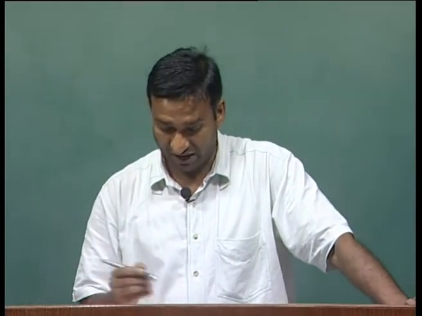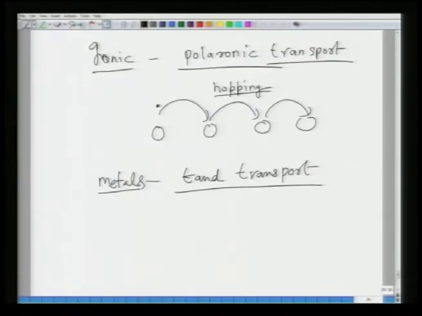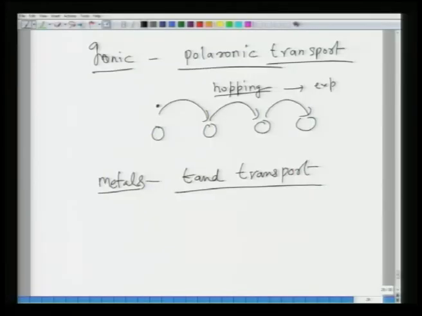Here, in case of ceramics or ionic solids, if the charge has to be transported, it transports by hopping from one site to another and then another, and this hopping, as we know, is an activated phenomenon, and this goes as exponential minus q by kT. So, typically in these systems, the mobility is a function of exponential minus q by kT. In contrast to metals and semiconductors, in ionic solids the mobility tends to increase with temperature.